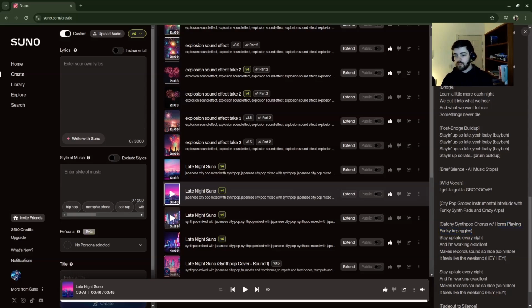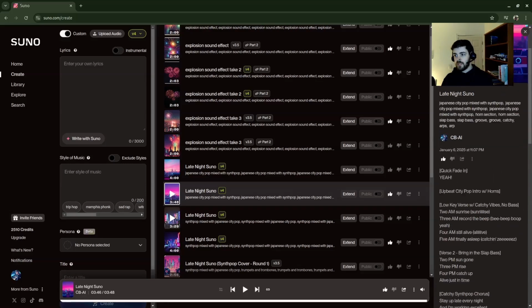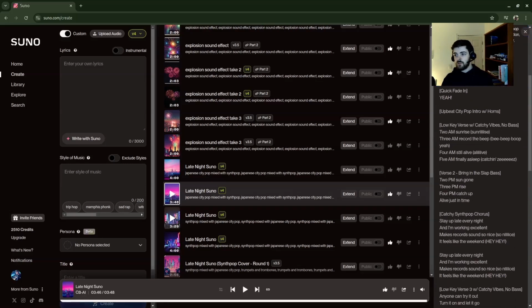Okay, so we just talked about the end. I remember at the beginning that it didn't quite do a quick fade in so much, but it did go into a great intro, a good city pop intro. I also noticed in the beginning that it did have more of that synth pop sound with the little twinkly, starry sounding things at the top. That's how I describe it. It sounds like stars that are twinkling, with that feel.